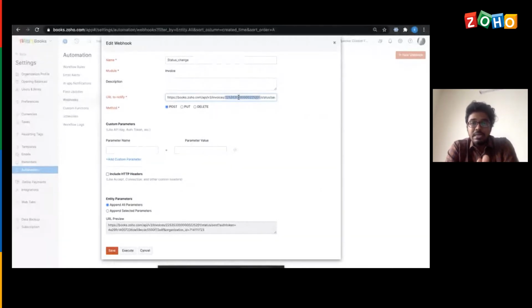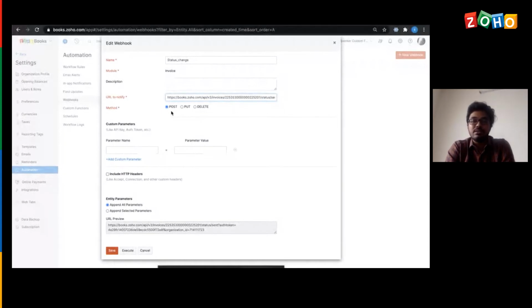So I could make use of this webhook option to have this done. So we'll be notifying the URL into which the changes have to be made over here, and we'll be choosing what is the method that has to be applied, whether to post any new transaction, or to make some changes in the existing transaction, or to delete the action that has already been performed.